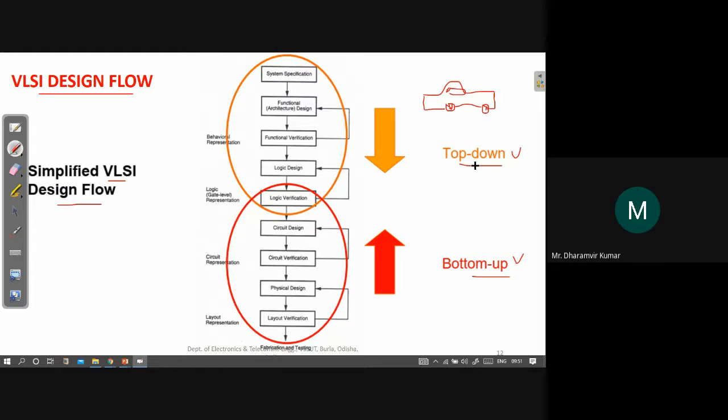Top-down approach means you start from the top level and go towards the smaller level. You start from the overall picture and go towards the smaller components.